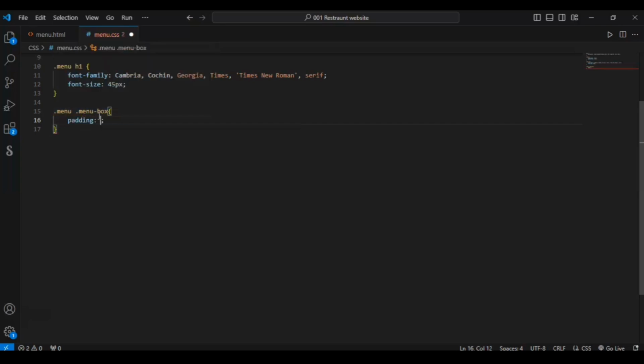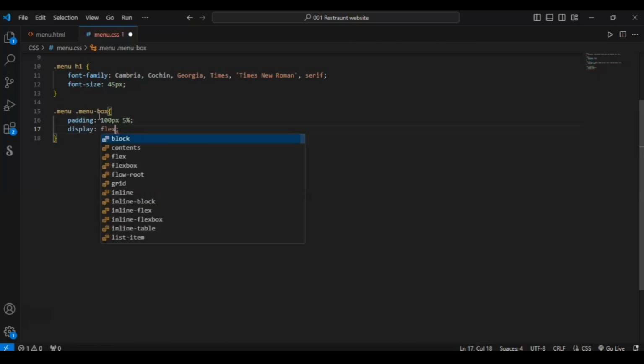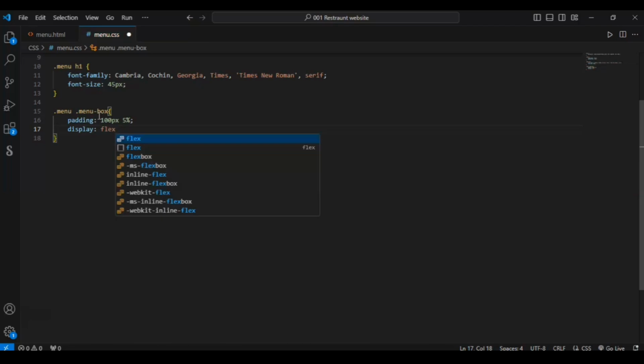Let's give it padding of 100 pixels from top to bottom and 5% from left to right. Display flex, not block, flex.